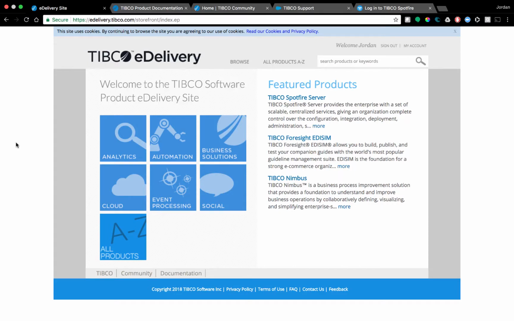Hello everyone, and today what we're going to be talking about is getting started with TIBCO Spotfire and actually going through the process of how you would get started with installation and some of the key functionalities and go-to spots that you're going to need as far as help, assistance, and anything you're going to need